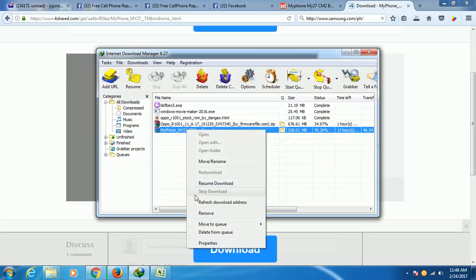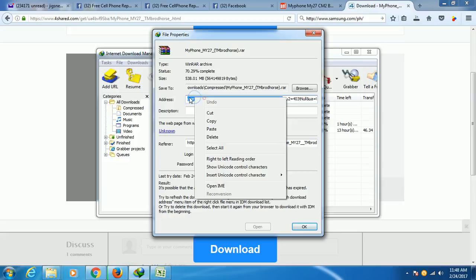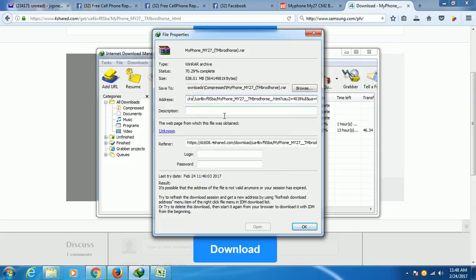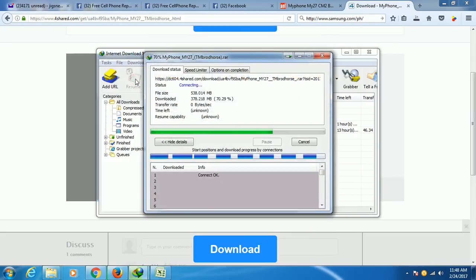I will right click that one, click properties, and paste the URL here. After that I will click OK, then click resume. As you can see, I have resumed my download from here,